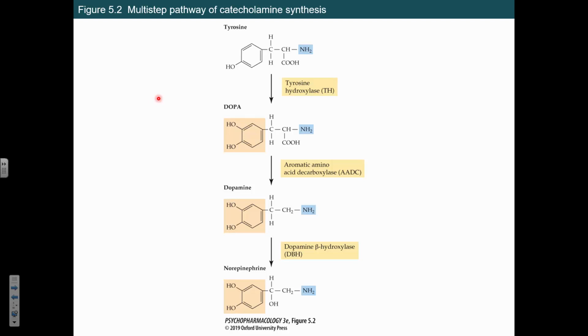It's really quite amazing that it's just some random interaction, with tyrosine floating around, and if it's going to accidentally bump into tyrosine hydroxylase, and when they bump into each other, then you're going to turn that into DOPA and go forward. So whether or not these actually accidentally interact, how do you affect that accidental interaction? In this case, if you want to make dopamine, how do you affect that accidental interaction with the AADC? You can do that by increasing the amount of DOPA available. So whatever AADC you have, you're going to be more likely to accidentally bump into it because you're going to increase the amount of DOPA out there.